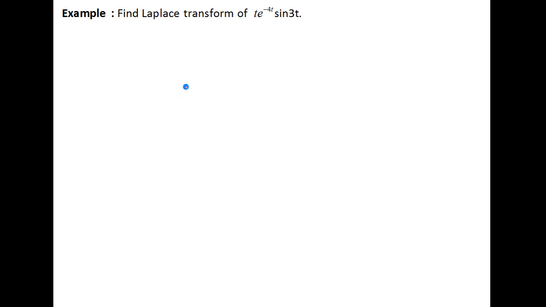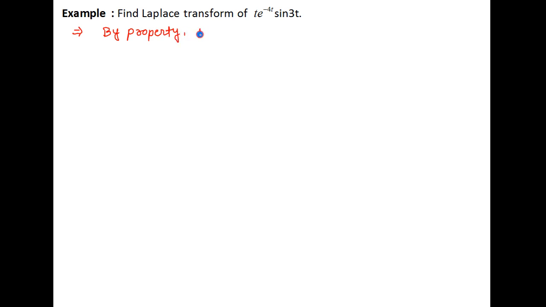Welcome. In this video we are going to solve some more examples based on multiplication by powers of t property. Okay, so here is the function whose Laplace we have to find. So here I can use the property because t is multiplied to the function, right? So by the property